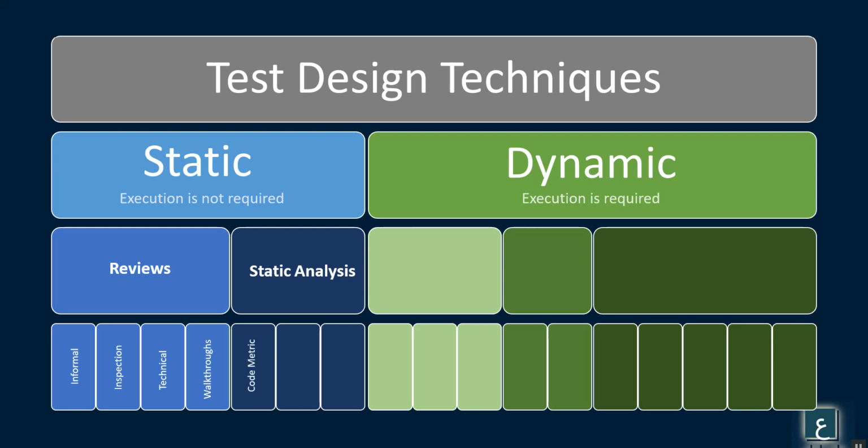Then we have static analysis. In static analysis we have code metrics, and we use cyclomatic complexity for that. Then we have control flow. In control flow we need to have some best practices to check in code or in the documents. Then we have data flow, meaning how your data flows through your entire code. Mainly there are 3 types of data flow anomalies: undefined reference, reference undefined, and double define.